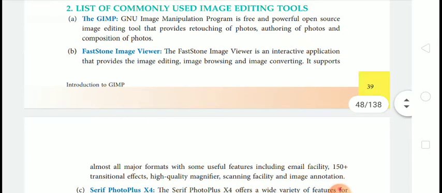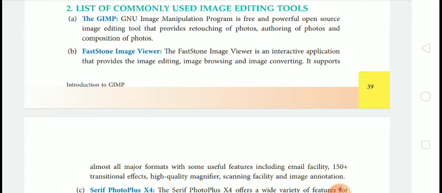Now the next point is the list of commonly used image editing tools. Means, how many image editing tools are available. So the first one is GIMP. GNU Image Manipulation Program is a free and powerful open source image editing tool that provides retouching of photos, authoring of photos, and composition of photos.